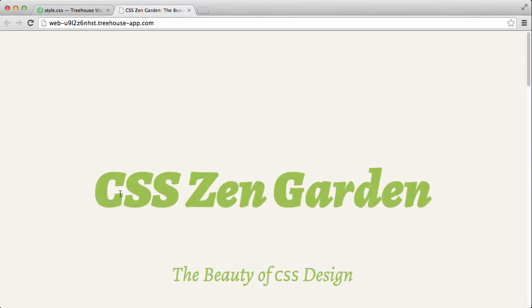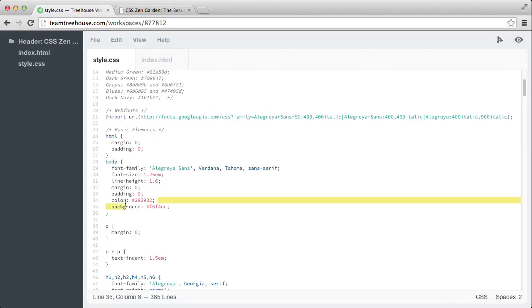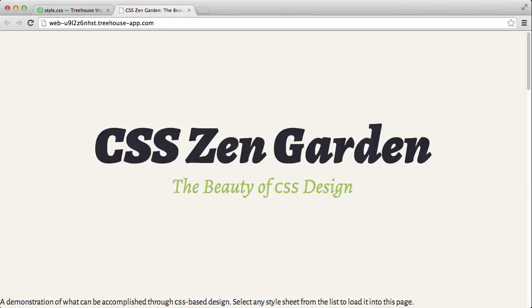I'm not a fan of the green color for it here, so I'm actually going to change it back to our text color. So I'll grab that and paste it into our H1. And I also felt like the margin on the bottom could just be flat, so let's give it 0. And check that out now. Great, so this is much nicer, and I like the spacing a lot better where our H2 is snug up